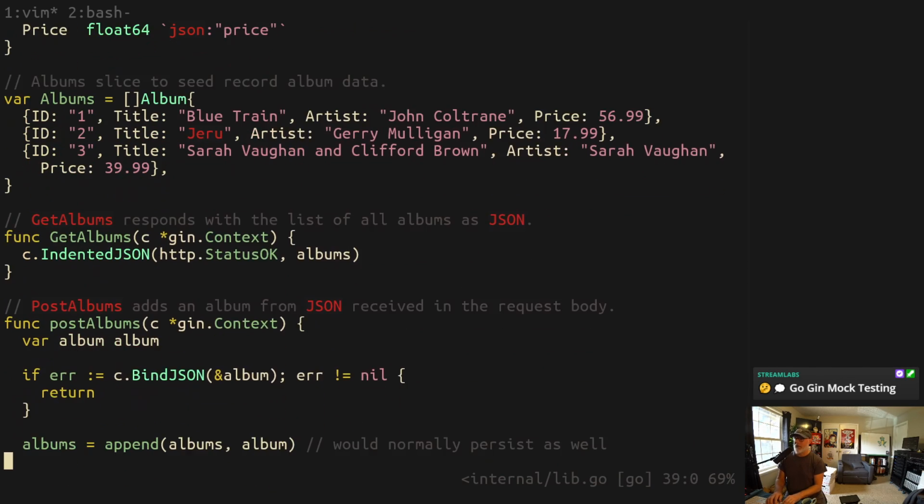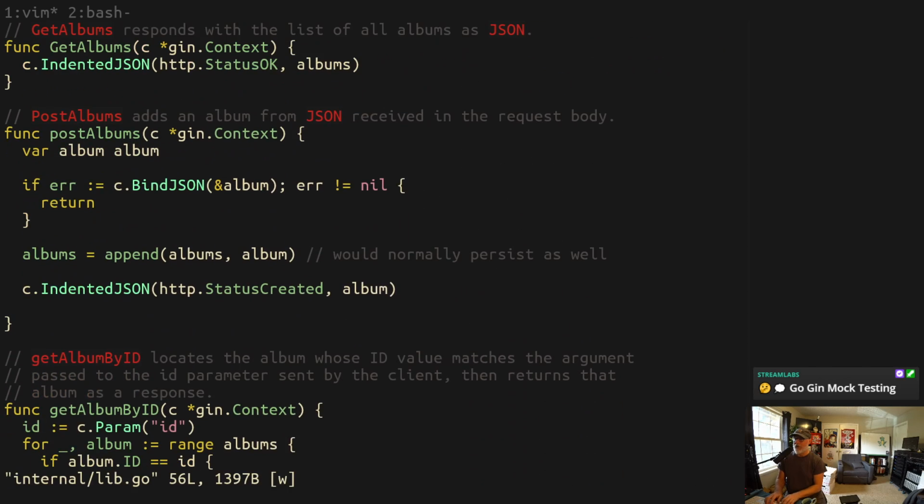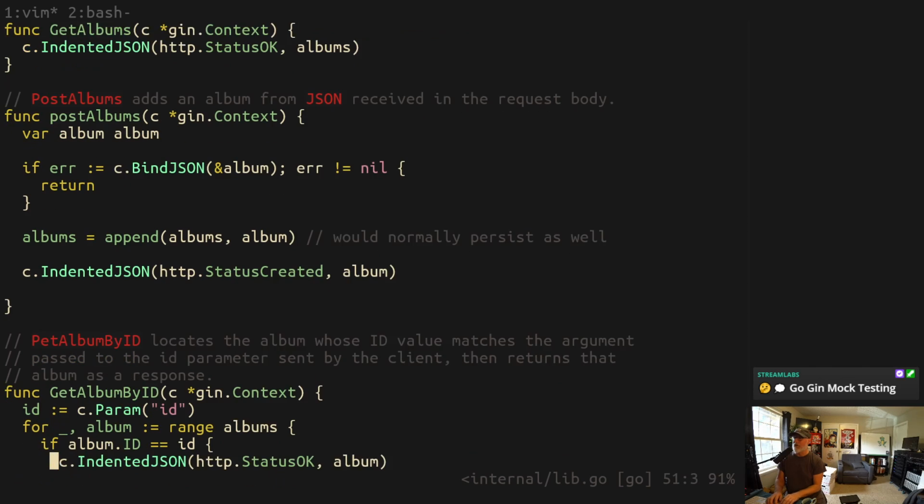We're doing Gin mock testing. Yes, we are. So then we're going to do this. We say post pet album by ID. And again, it's internal, which means that only the stuff in my